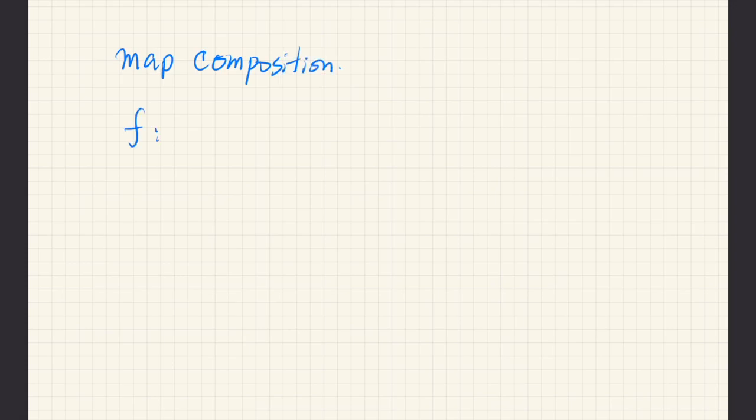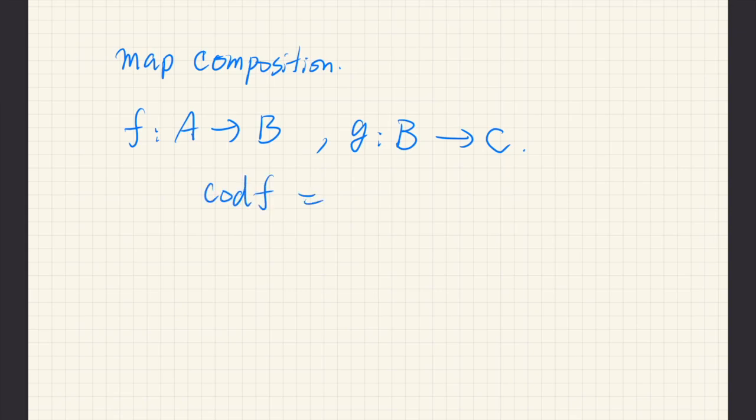So suppose we have two maps, F, that is from A to B, where A and B are sets, and another map, G, whose domain is B and codomain is C, let's say. Okay, note that the codomain of F is the same as the domain of G. Then we define the composition of F and G, which we write like G circle F,